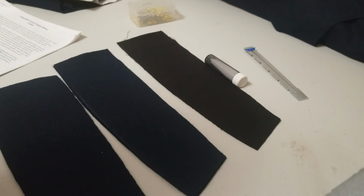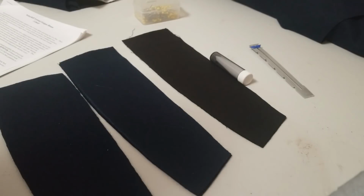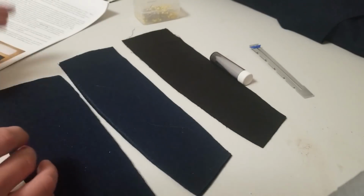Today's video, we're actually going to start the construction of the body of the Schuylkill Arsenal fatigue blouse that we have for Private White. The first step in constructing the body is the collar. It's actually on the very first page of the instruction booklet that is supplied by Wambaugh and Company. So to construct the collar, you have